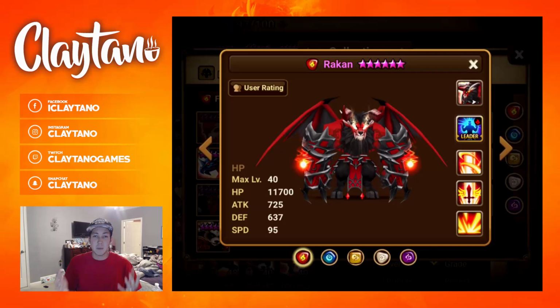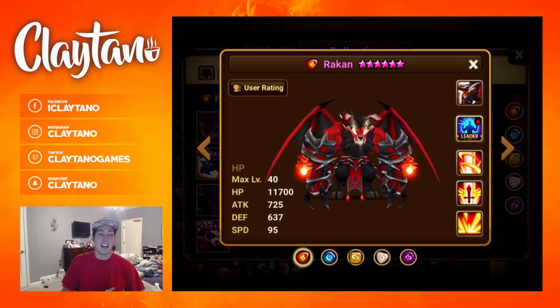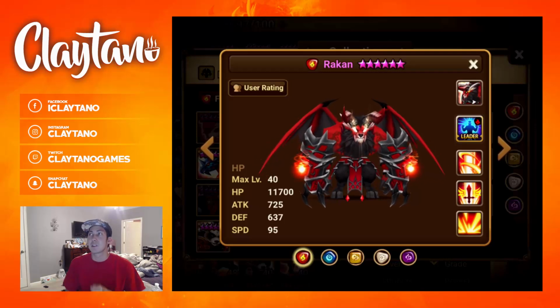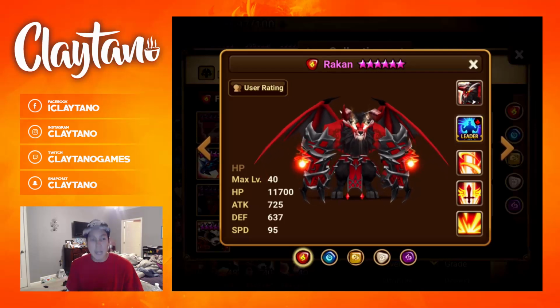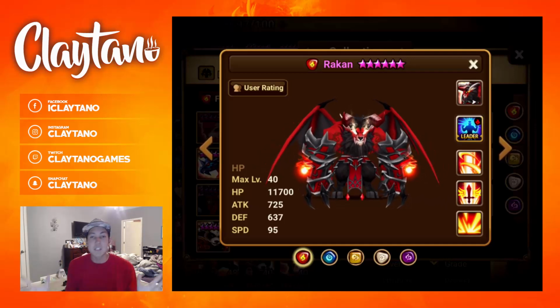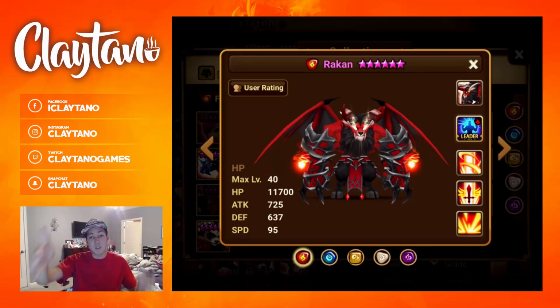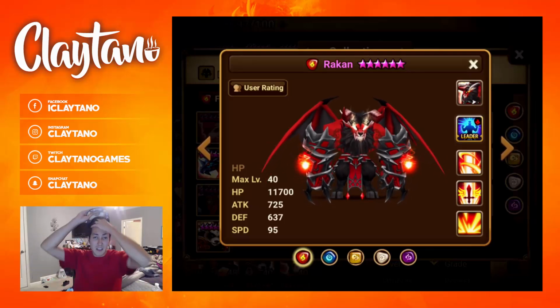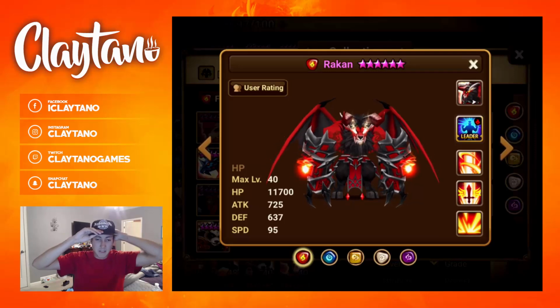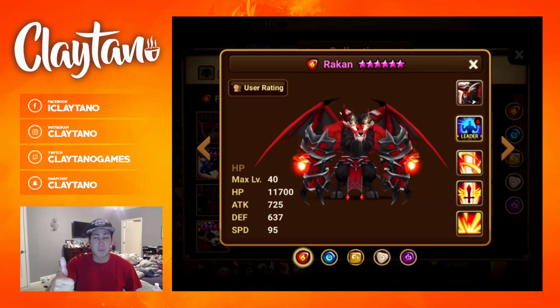What monster would he be replaced by? A lot of monsters. Fire Monkey King was a great option instead of him. Voladule, Fire Panda, Laika. All these different bruisers would be good. Even I would say Theomars. Even though Theomars isn't the same element, at least Theomars is probably going to survive more than Rakan, because Rakan's